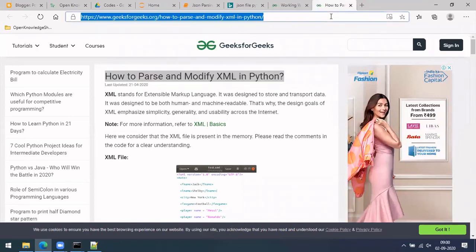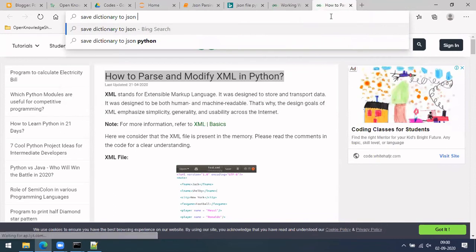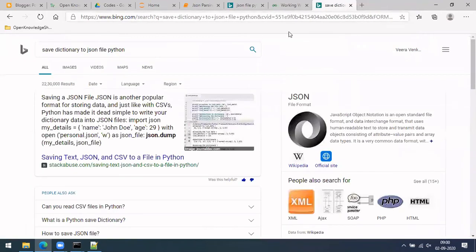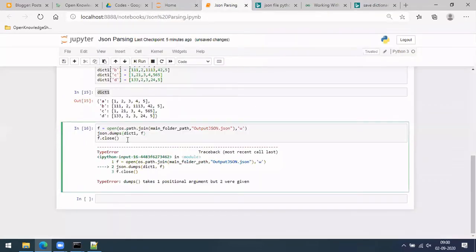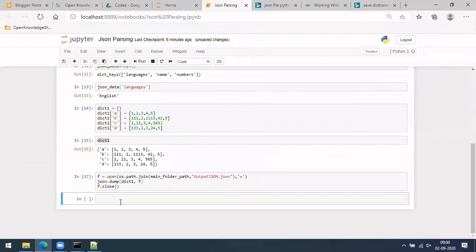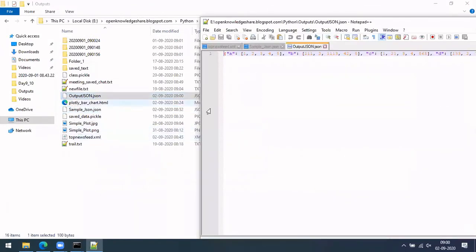And let me search that: save dictionary to JSON. So it's saying JSON dot dump. What we did is dumps, I guess. Yeah, that is the difference. So if you do this, now it has successfully saved. So let's open that output JSON and see how it is saved.